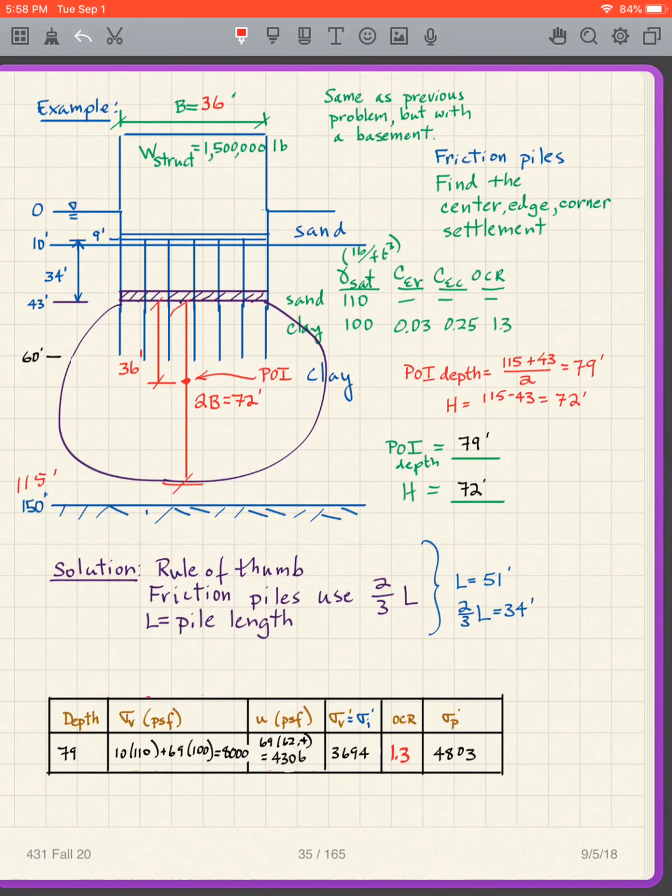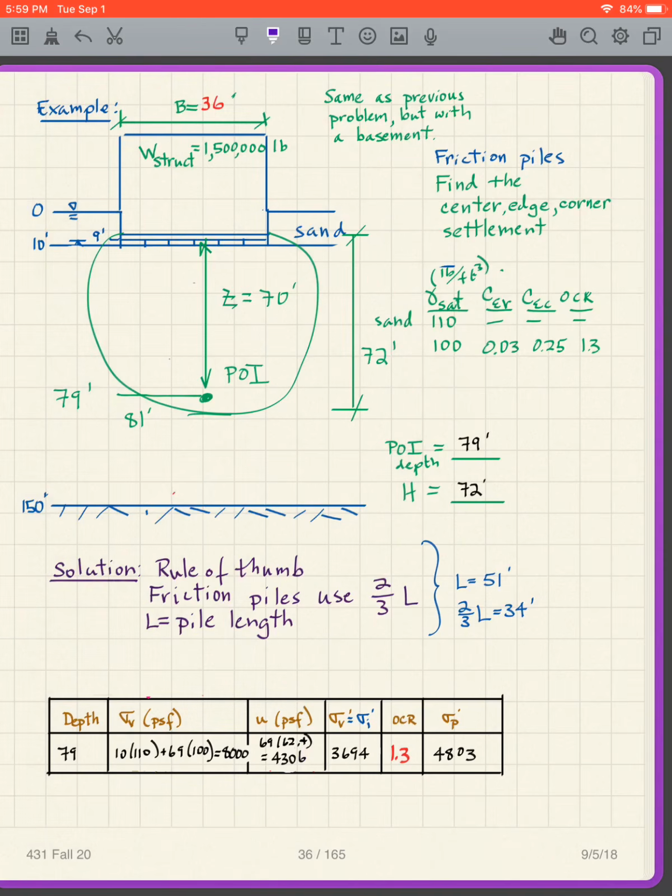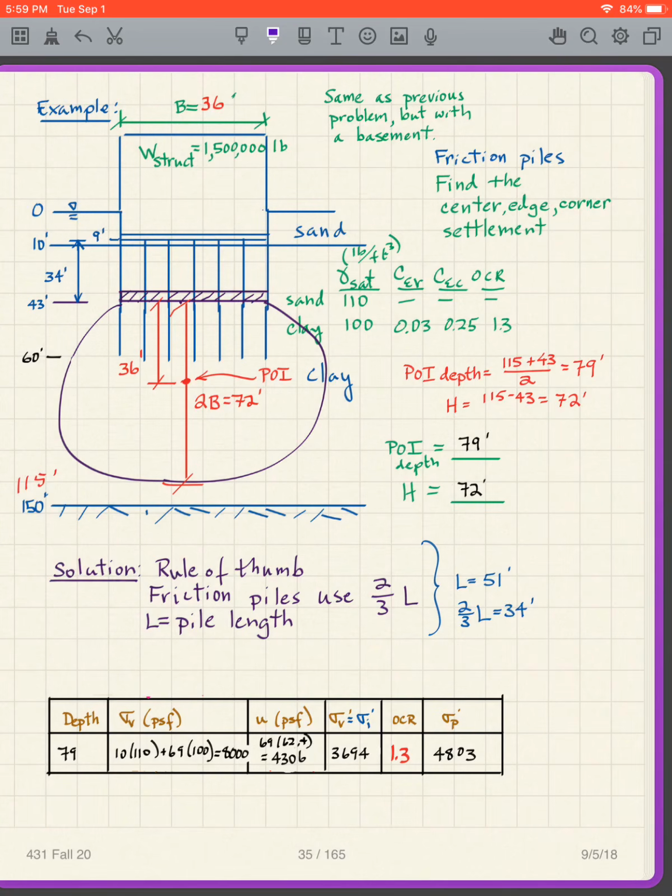So we get something slightly different than what we had last time. So there's my point of interest depth. All right, so what do I do? Well, now I have to change a little bit. Now my depth is 79. I'm not going to go through it. You've got your sigma v, you've got your u. You can pause the video and look at this. Sigma v prime, which are sigma I, OCR, sigma prime p. So multiply those all out. You can figure those out for a different depth now. It's at 79 feet. Okay, so that gets us going with the